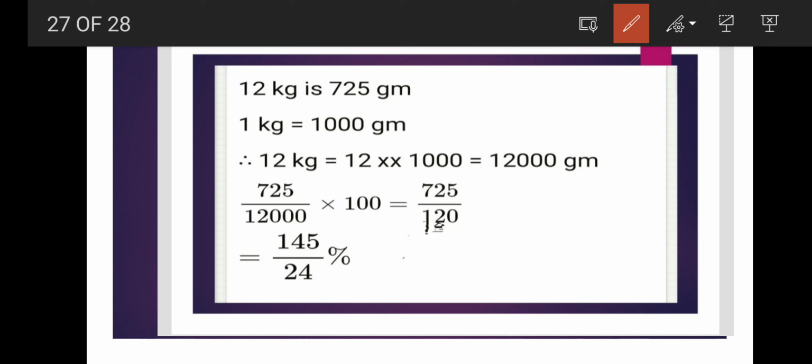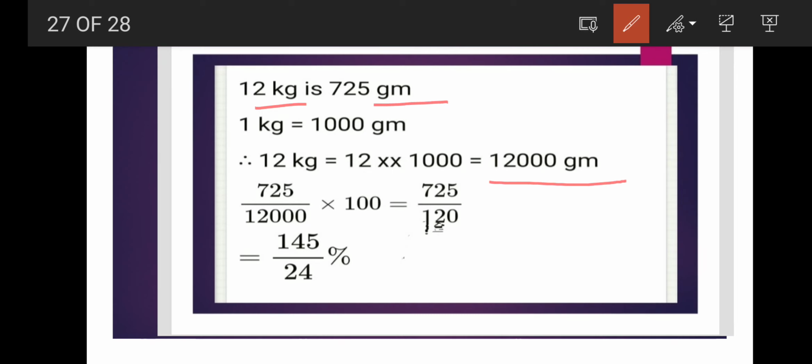So first we'll make the unit same. Here is kg and here is gram. So 1 kg is equal to 1000 gram. So 12 kg will be equal to 12,000 gram. Because it becomes easy when you do the multiplication. Multiplying with 100 and multiplying with 10 means multiplying with the power of 10, it is much easier than the division. So that is why we multiply here. So 12 kg is equal to 12,000 gram.